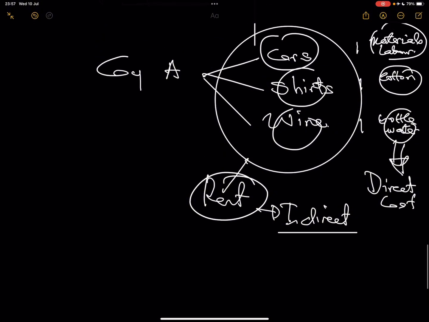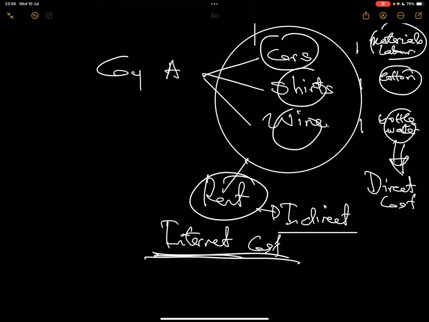Or maybe the Wi-Fi, the internet service that they are using in the production department. Can you attribute the cost of internet to 1 bottle of wine or to 1 shirt? Because everything is happening right in the same vicinity, in the same environment, in the same property, and the same Wi-Fi is what whoever is working on cars is using, whoever is working on shirts is using, whoever is working on wine is using. Unfortunately, you cannot attribute the cost of internet to one bottle of wine. However, you are using it in the production. So these are indirect costs because they are always difficult to attribute to one unit of